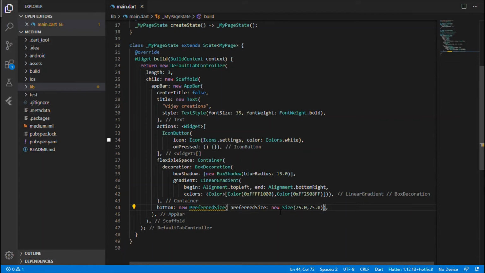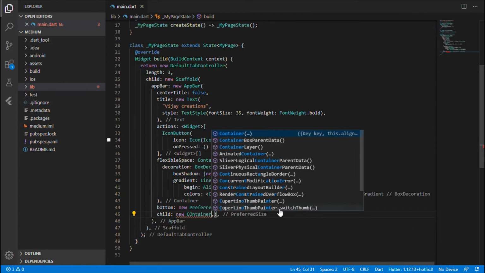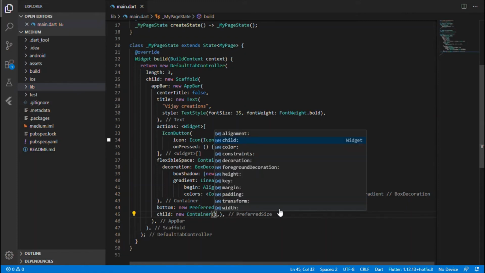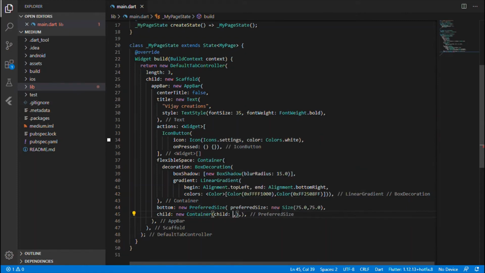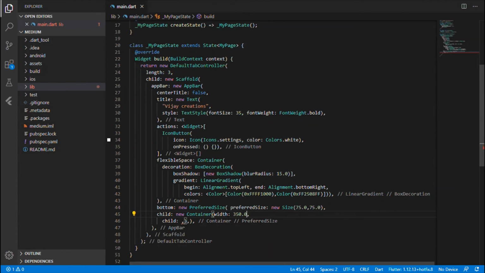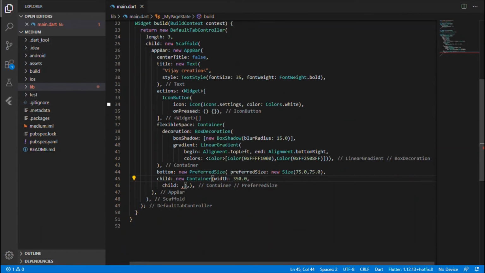After that, as usual, it has a child which is the new Container. Before that, I shall be giving width for the container. The width, I'm going to give as 350 for now. The child it has is